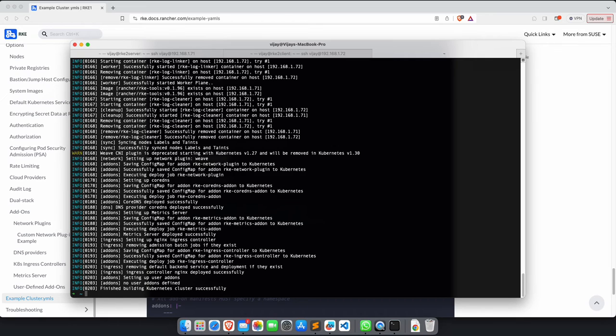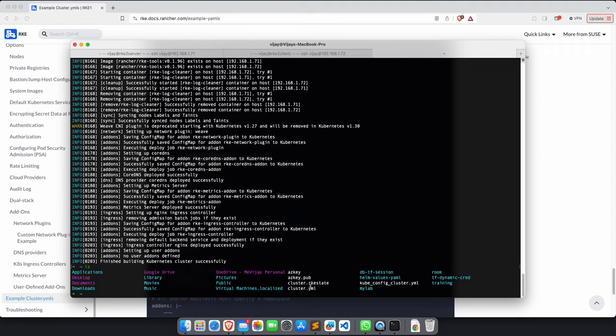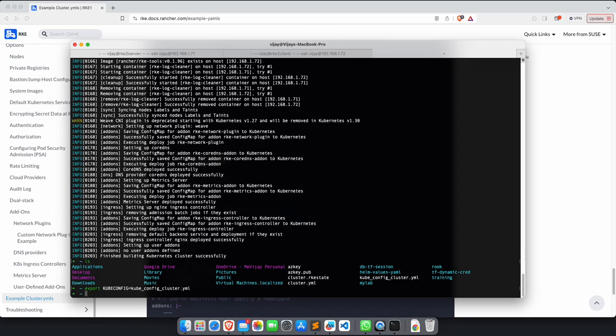So you see that it has finished building the Kubernetes cluster successfully. Now, as I said, if I run ls again, you'll see cluster.yaml, and apart from cluster.yaml, you see cluster.rkestate, where you will find all the state of this cluster. Then you see the kube_config_cluster.yaml file also. This is the file which I need to work on, right? This is my kubeconfig. So what I'm going to do is simply say export KUBECONFIG equals to, and I'm going to give this file